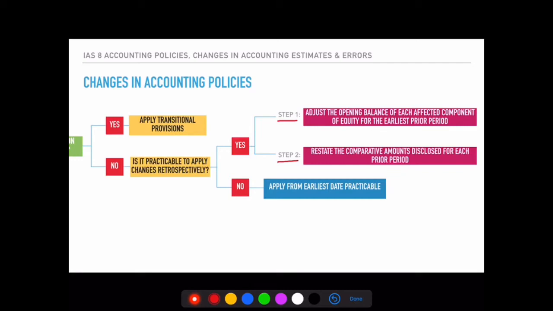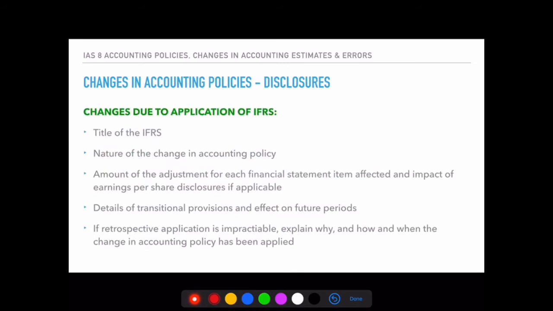But IAS 8 recognizes that sometimes it might not be practicable to do so. For example, the data is no longer available. In this case, the new accounting policy must be applied from the earliest date practicable. When we change accounting policies,